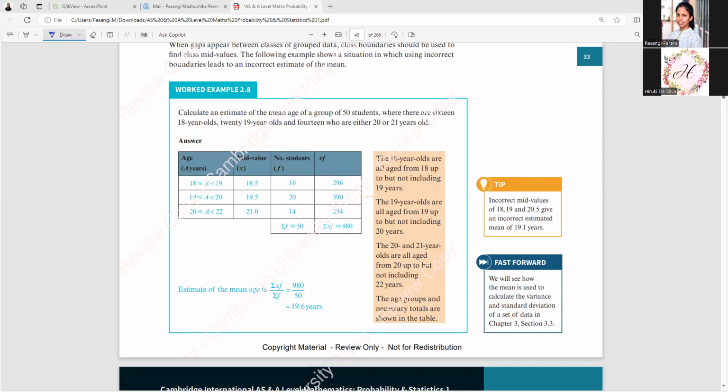So teacher, then what are the correct mid values here? Like they have given incorrect ones, no? They have given incorrect ones. Calculate and